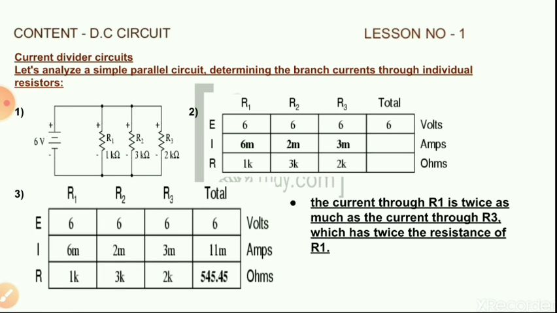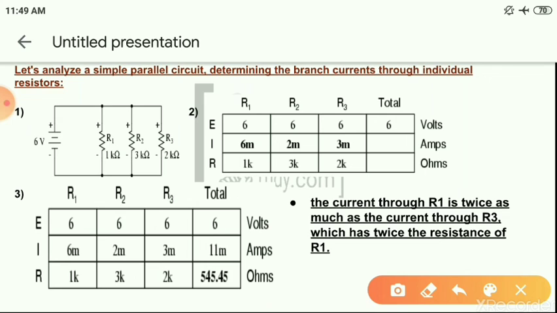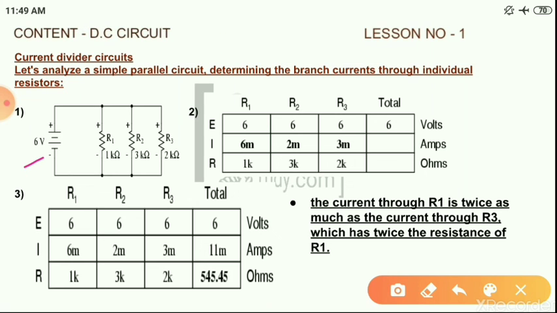Now let's see the current divider circuit. Let's analyze a simple parallel circuit, determining the branch current through individual resistors. Here in figure number 1, you can see a 6 volt battery supply is connected in a circuit which consists of 3 resistances in parallel: R1 1 kilo ohm, R2 3 kilo ohm, and R3 2 kilo ohm. If we put all this data in this chart, figure number 2, for 6 volt total,